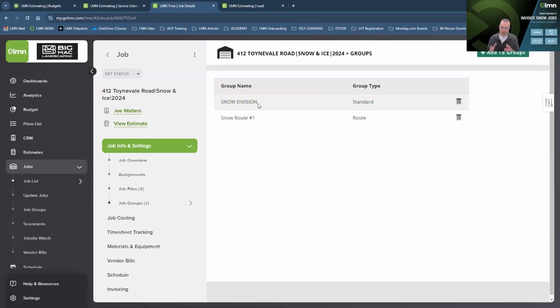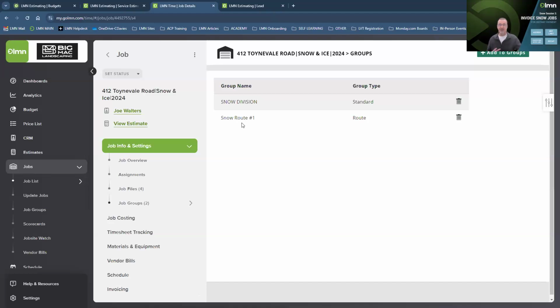So I put this job into my snow division job group so that if I want to run services and material reports, or task and material totals, or any of the various job reports, I can report on my entire snow division if necessary, or I have the ability to run a report based on this particular route of customers